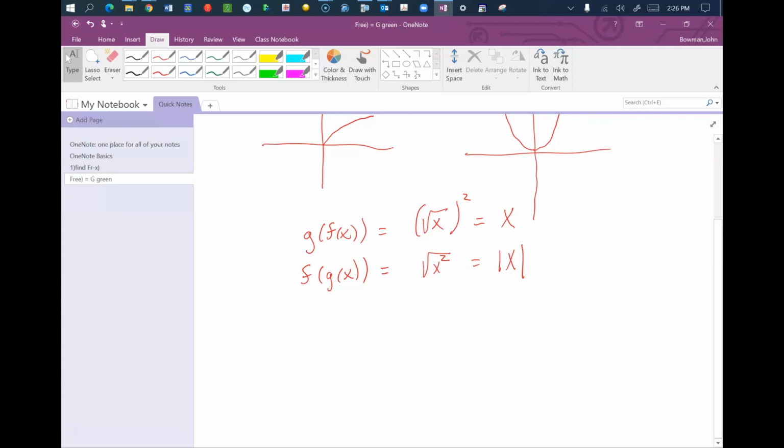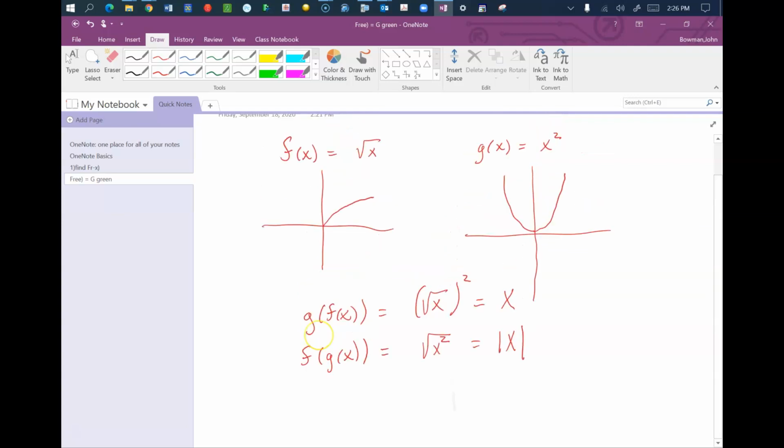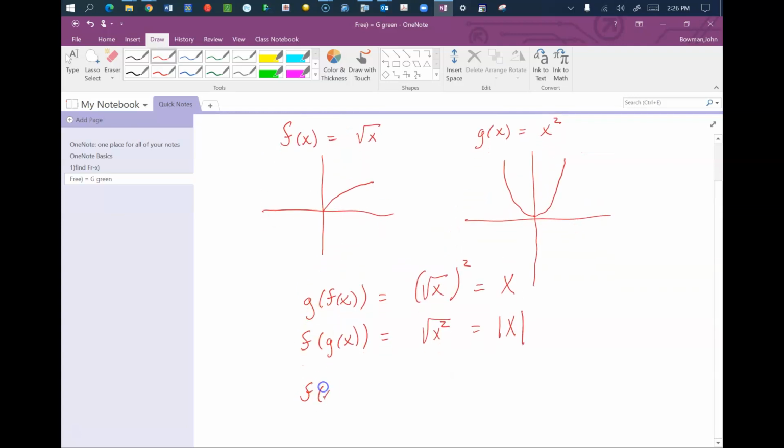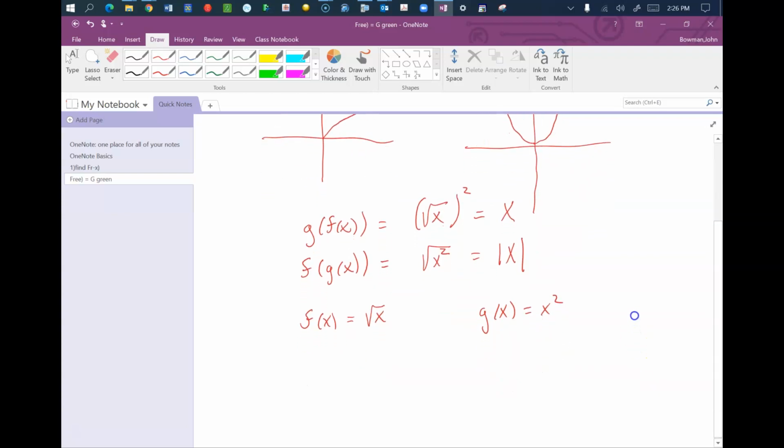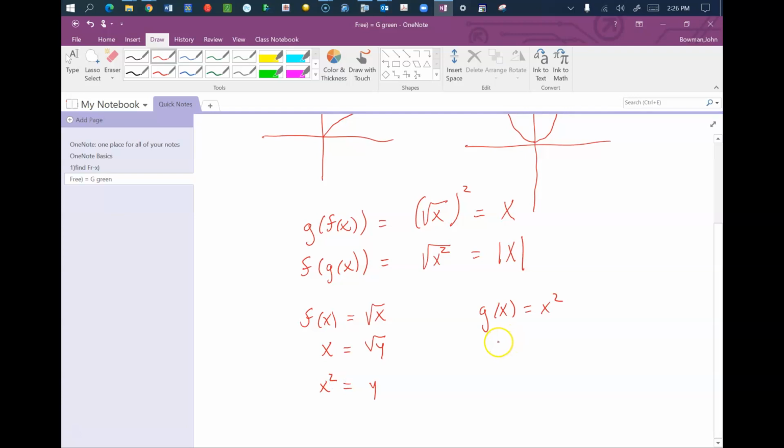and that these two are not inverses of each other. And if you want to take it one step further, we go back to the original, f of x is equal to the square root of x, and g of x is equal to x squared. Well, the typical way to solve for the inverse is switch x and y and solve for y. So we would write x is equal to the square root of y and solve that by squaring both sides. And if we squared both sides, we would get y is equal to x squared. However, if we were to do that for g of x, we would get,